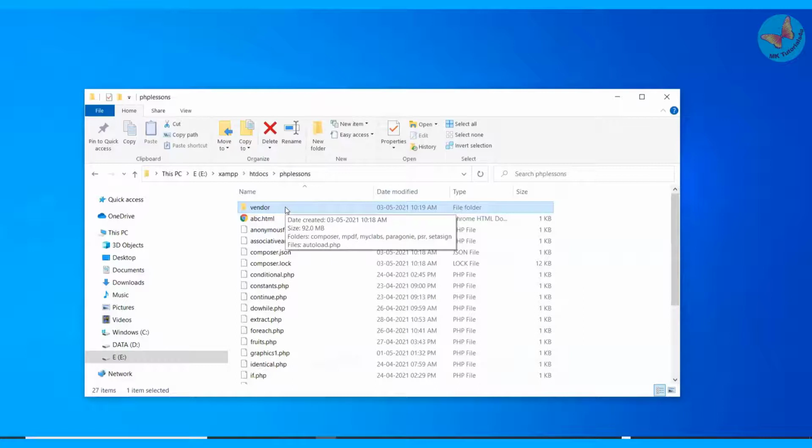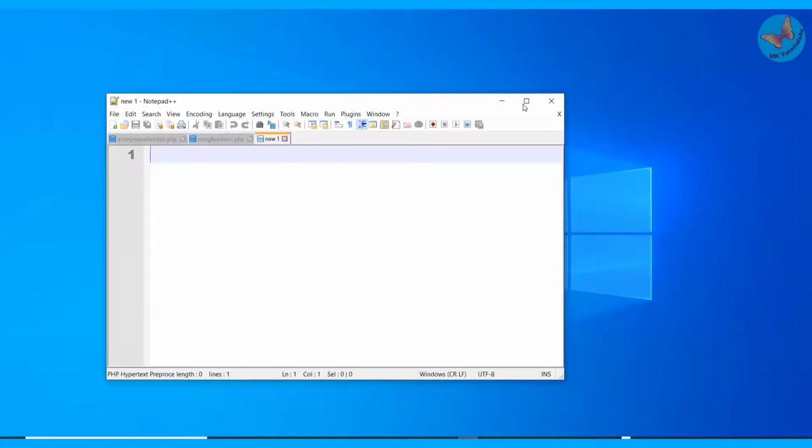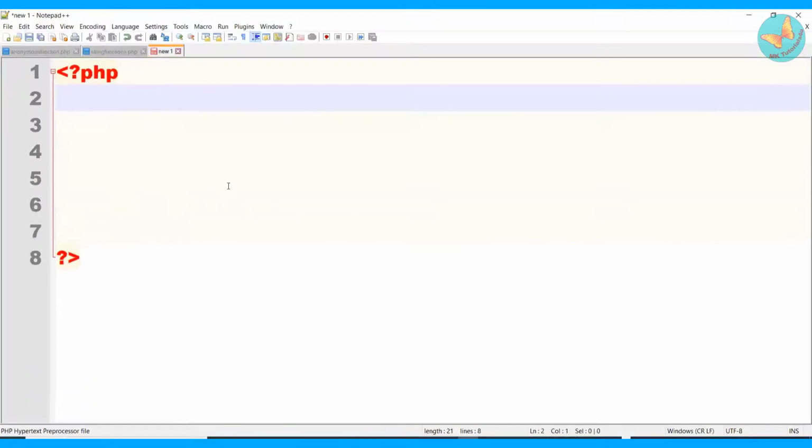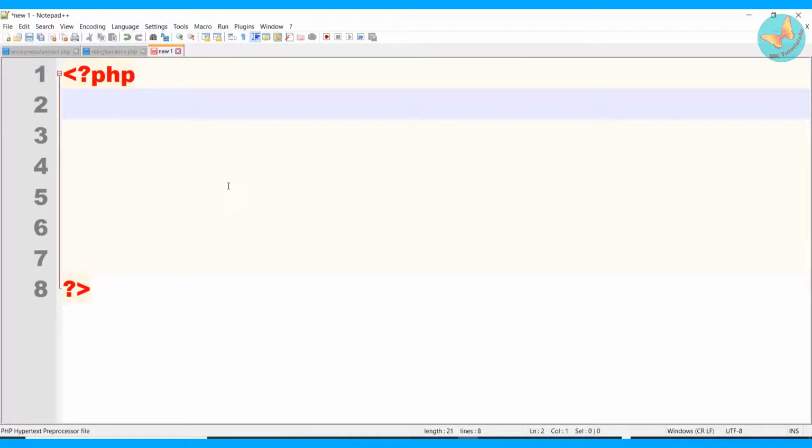Okay, now let us create one file to generate the PDF, right? For that I'll go to my Notepad++ and create my PHP file. The first thing I need to do is that this is a special kind of file, right? We are generating a PDF file, so we need to call our mpdf library, isn't it? For that, the first thing we will do is call that library. Once only you have to call that library, so I'll use this particular PHP construct, require_once.